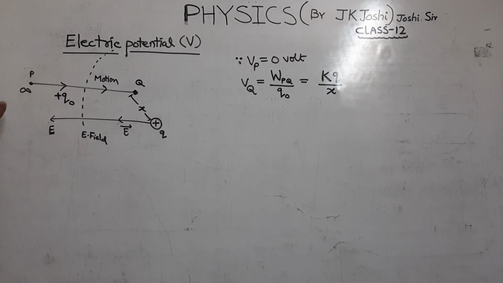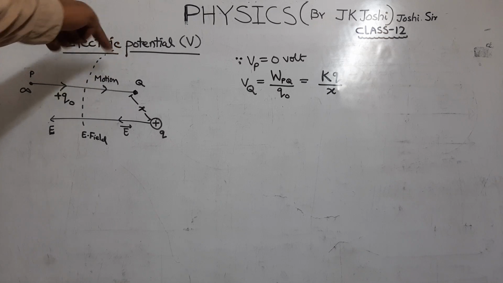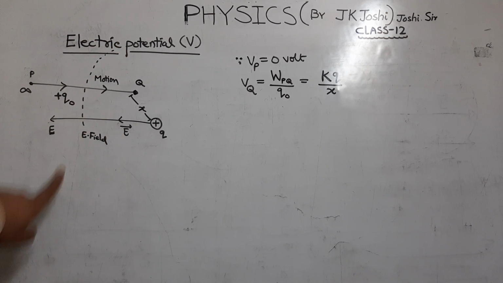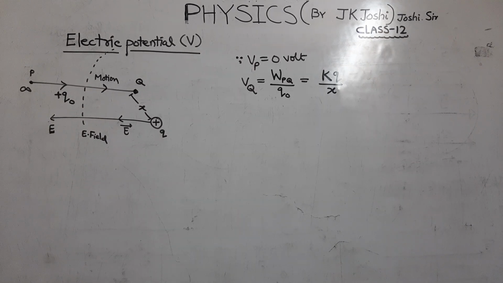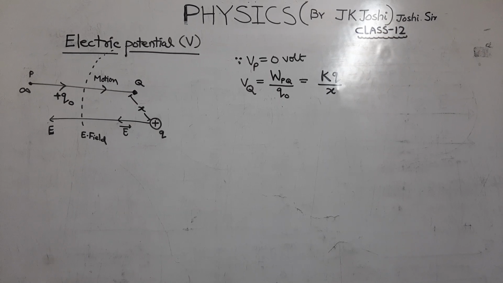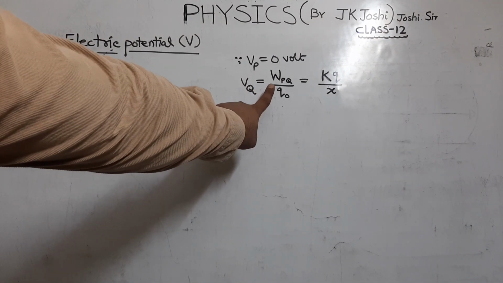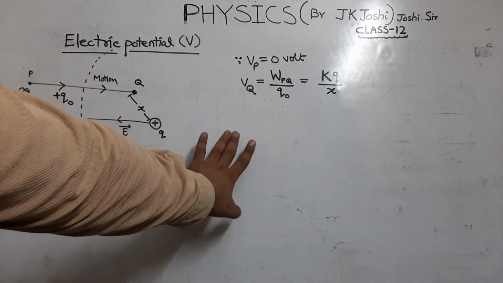According to the figure, a charged particle is moving. Basically it's a 1 coulomb charge, that's Q naught, moving from infinity to a point Q inside the electric field. It is moving opposite to the direction of the electric field, hence it is positive work done. Students, potential or potential difference depends only on the initial and final position, so it depends on x only. By the calculation we get V_Q equals W_PQ upon Q naught,